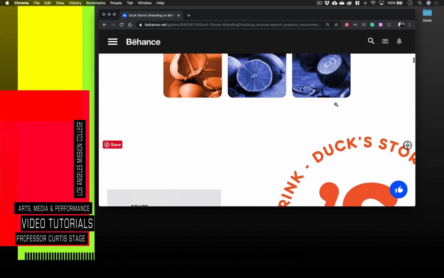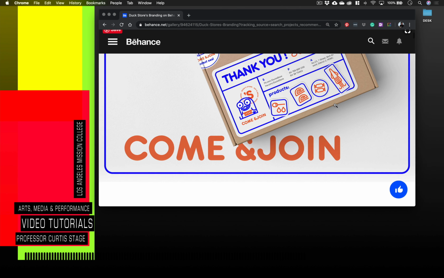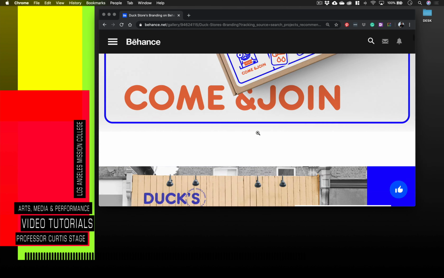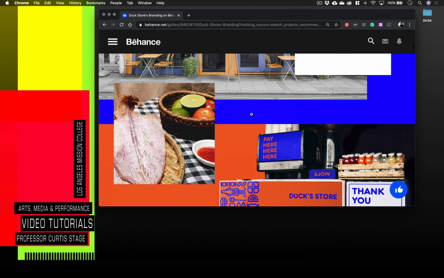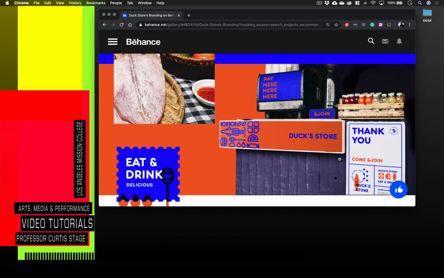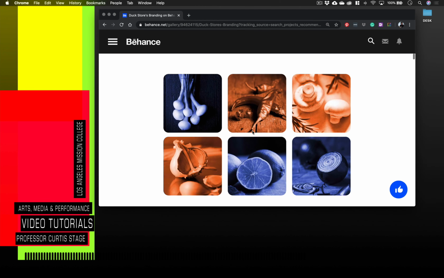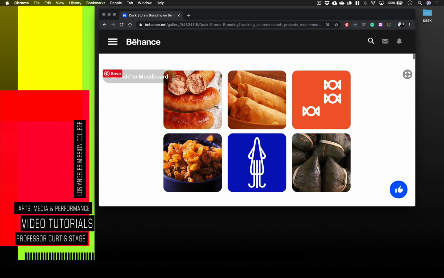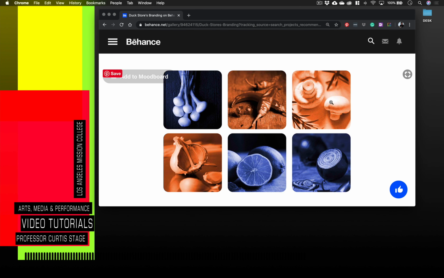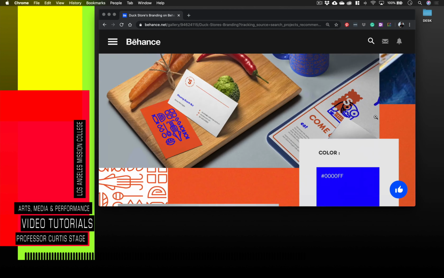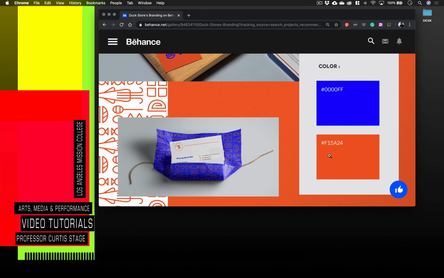So I just picked a random company on Behance, a cool restaurant, and clearly blue and orange are their main colors. Of course, they use white maybe and even black, but blue and orange are their main colors. So the artist has to include those color swatches in their design package,